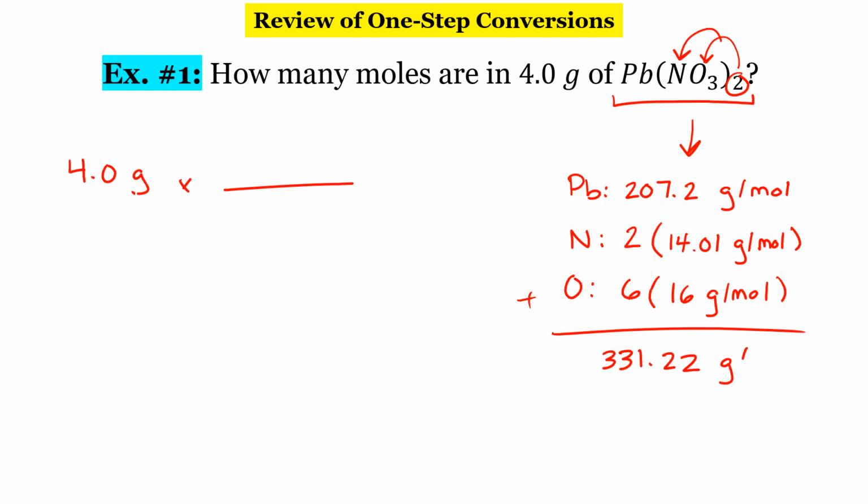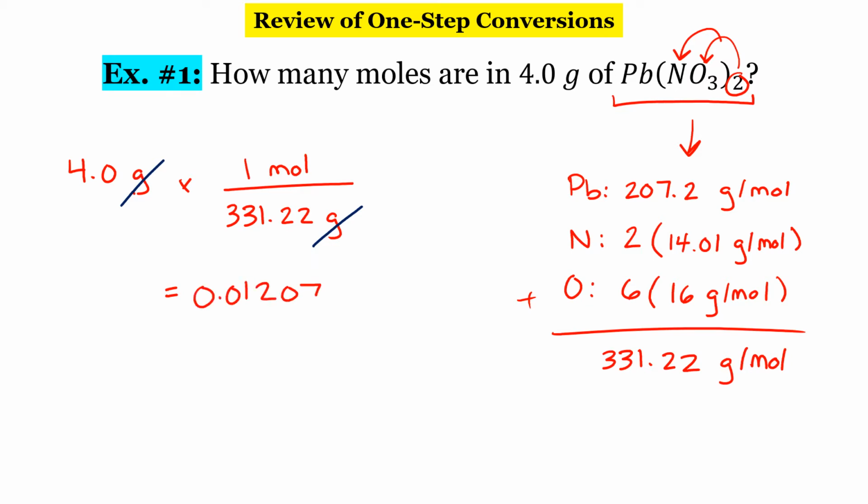331.22 grams per mole. We don't need to do anything with sig figs here because this is just our molar mass. We're going to use this as part of our calculations. So the grams are going to go on the bottom, 331.22 grams for every 1 mole. And when we multiply this out, our grams will cancel. And our final answer will be